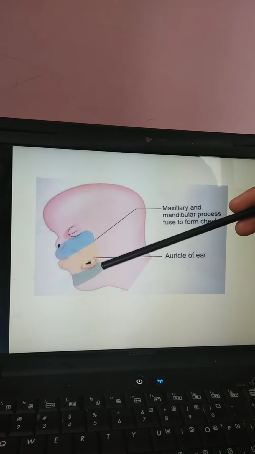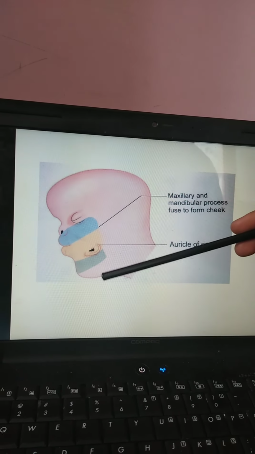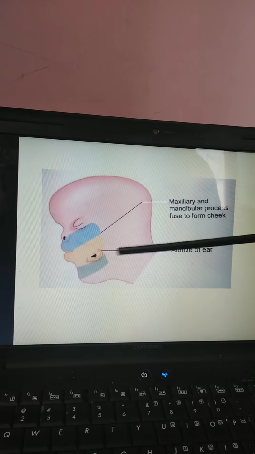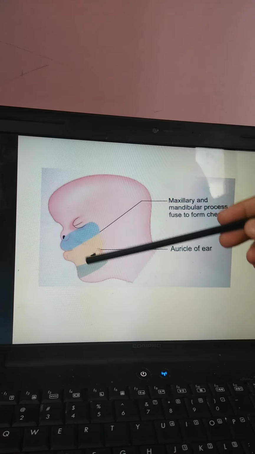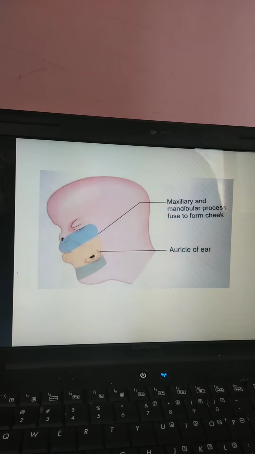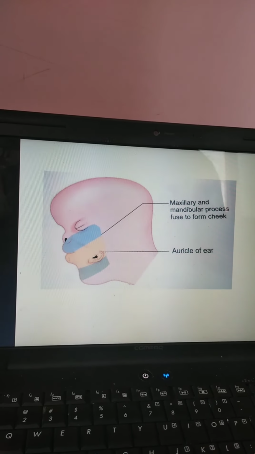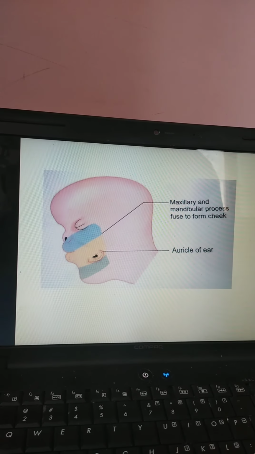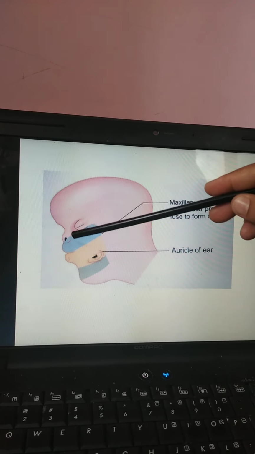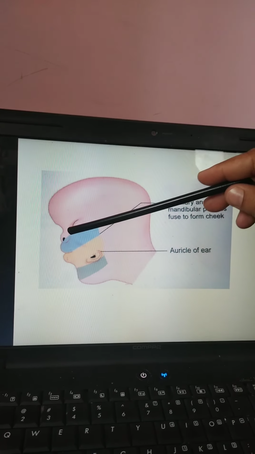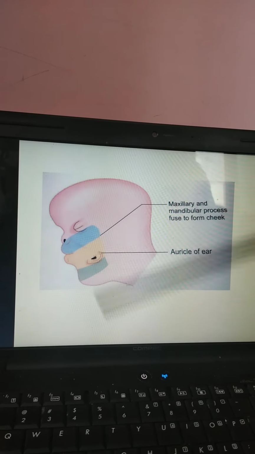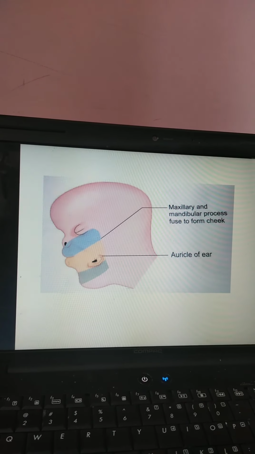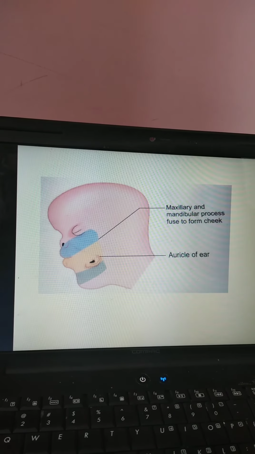In its later part, it is bounded above by the maxillary process and below by the mandibular process. These processes undergo progressive fusion with each other. So the mandibular process below and the maxillary process above join to each other and form the cheeks. The maxillary process fuses with the lateral nasal process. This fusion not only occurs in the region of the lip, but also extends from the stomatodeum to the medial angle of the eye. So the furrow between the medial angle of the eye and the lip is also formed by the fusion of the maxillary process. This furrow is known as the naso-optic furrow or nasolacrimal sulcus.